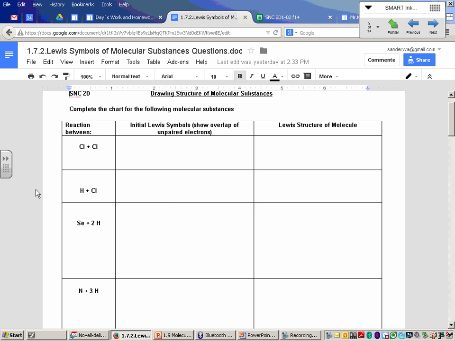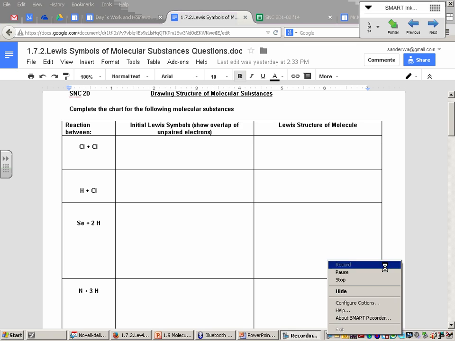So if you have the sheet, great, you're just doing it. If you're needing a device, you can. Those 3 don't log me in, and these need to be logged in on the external network, but they will work. Yes? Yeah, I do want you to show them, because on a quiz or a test, I'm going to make you do it because that's the way they're written, right? But like I said, in the end, I want you eventually to grow up to be good adult chemists so that you don't need to draw all those loops. But for now, show them to me, okay? I'm going to stop my recording here for a minute, and then I'll